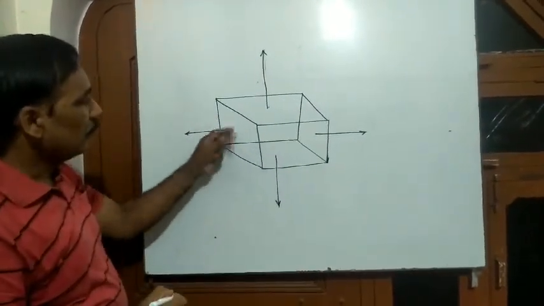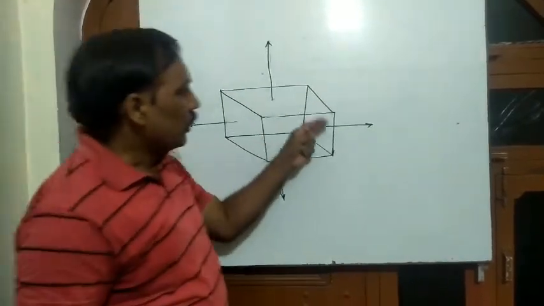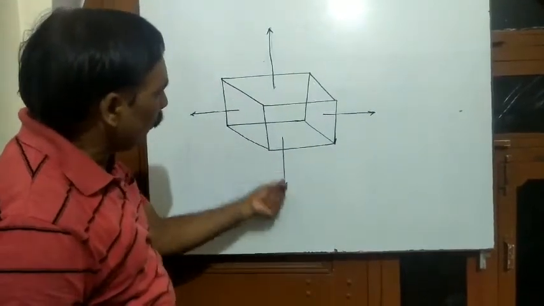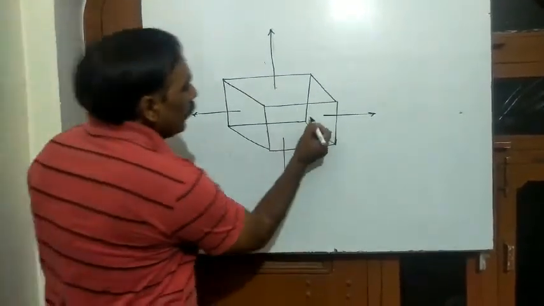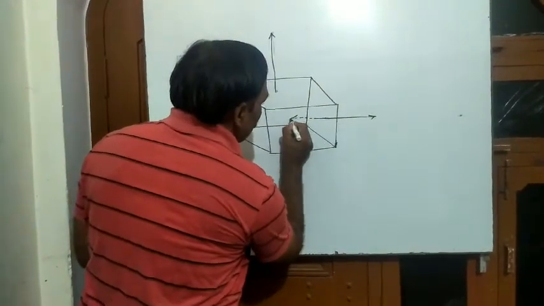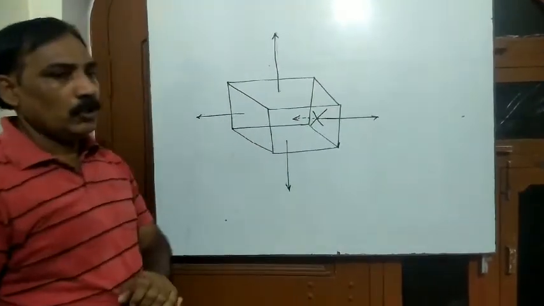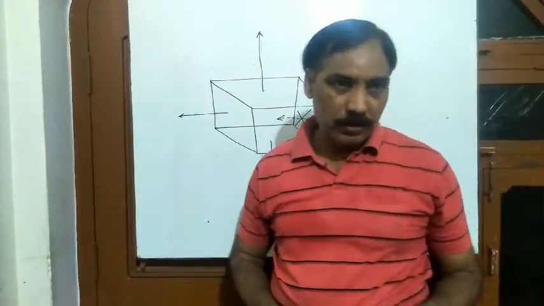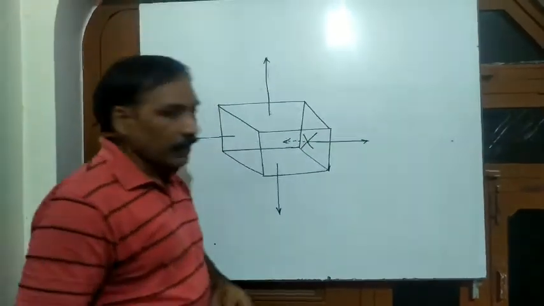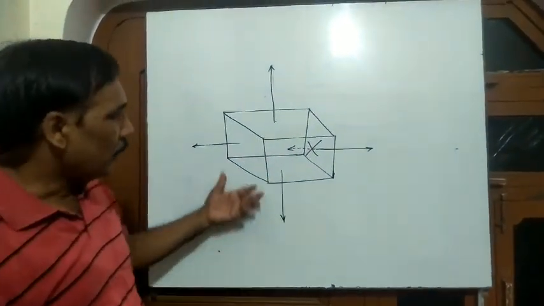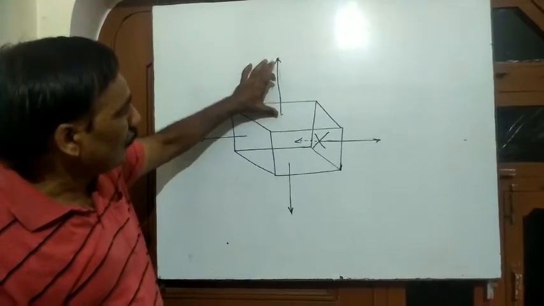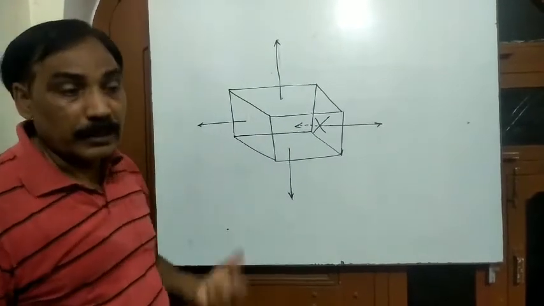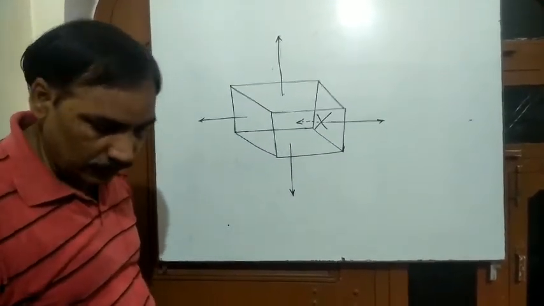So area vector for closed figures will be outward. On this surface, it will be in this direction. On this surface, it will be towards the right. On the top, it is in the upward direction, and on the bottom, it will be downward, not inward. This is not true. So the area vector for a closed figure is normal to the surface, outward. Clear? So this is all about the area vector, and the length of the area vector represents the magnitude, and the arrow indicates the direction of the area vector. Okay?